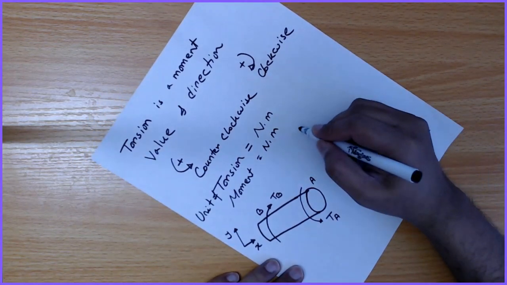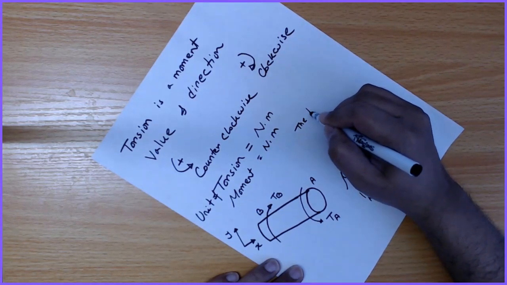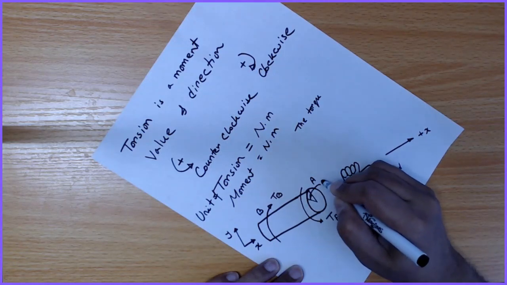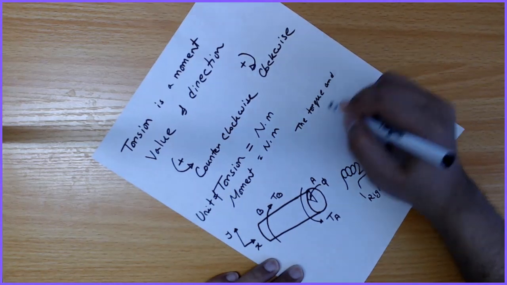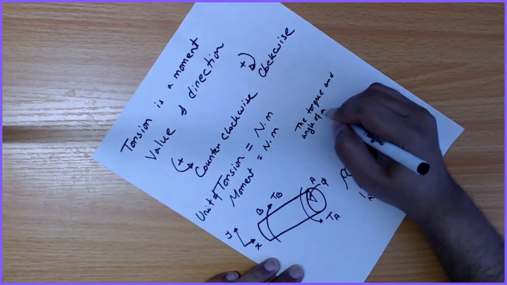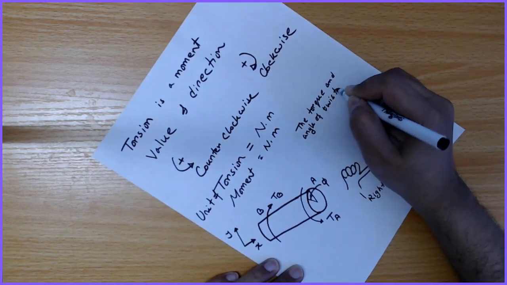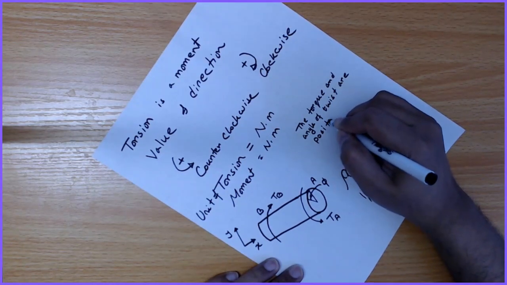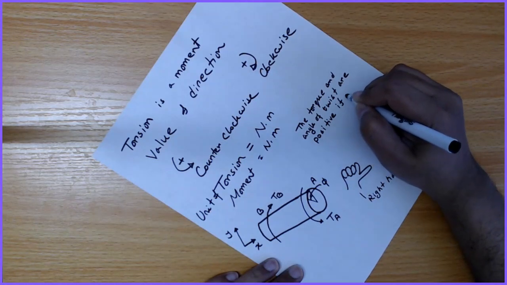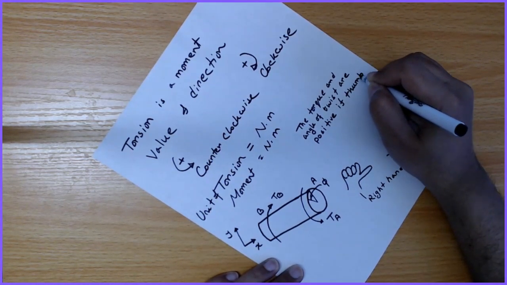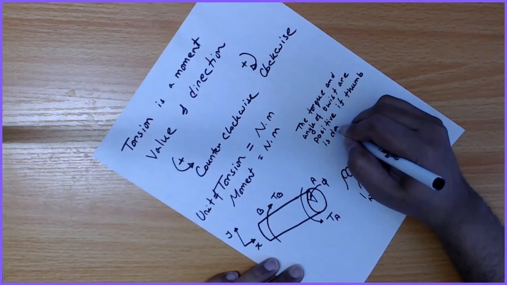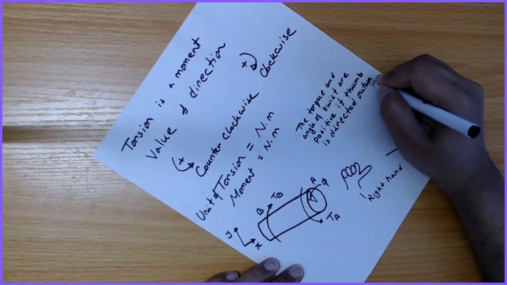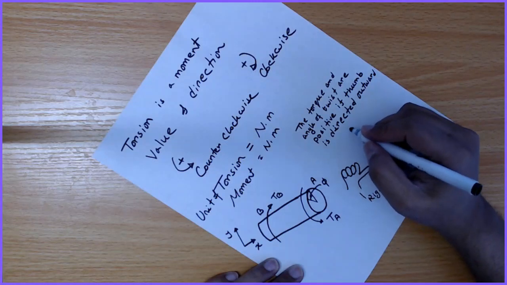Now the torque, and this is my angle of twist. The torque and angle of twist are positive if the thumb is directed outward from the shaft